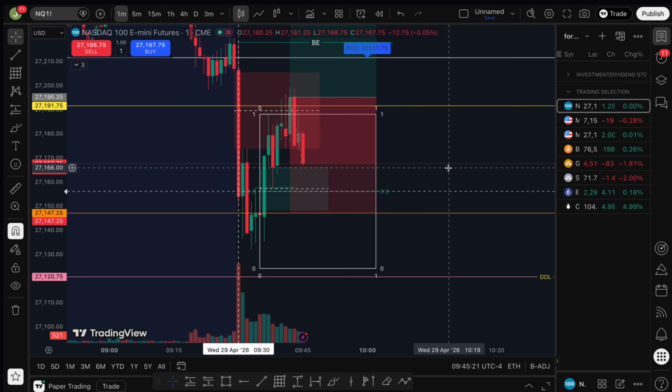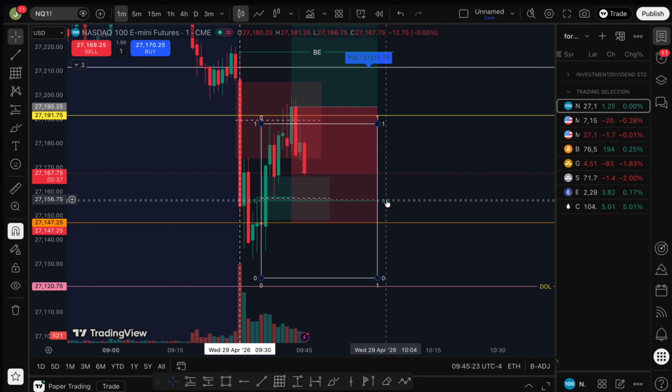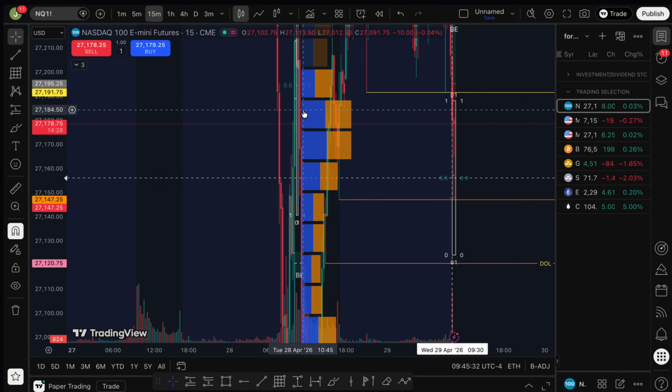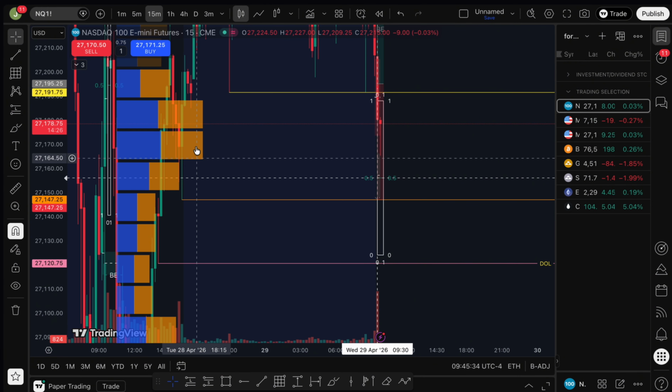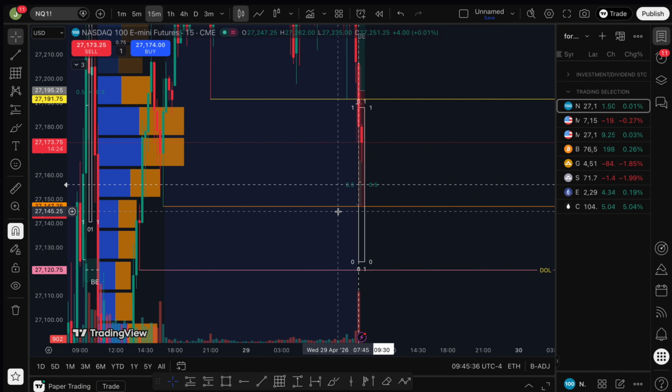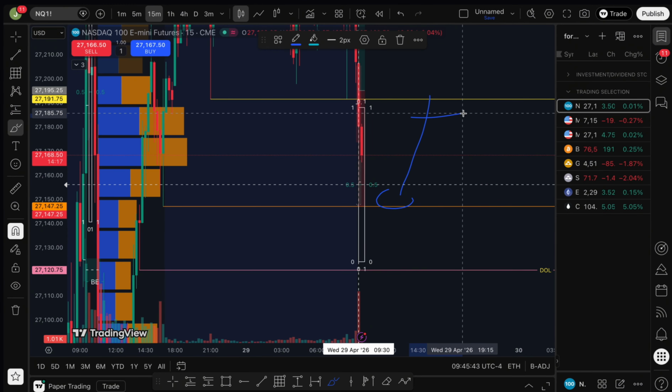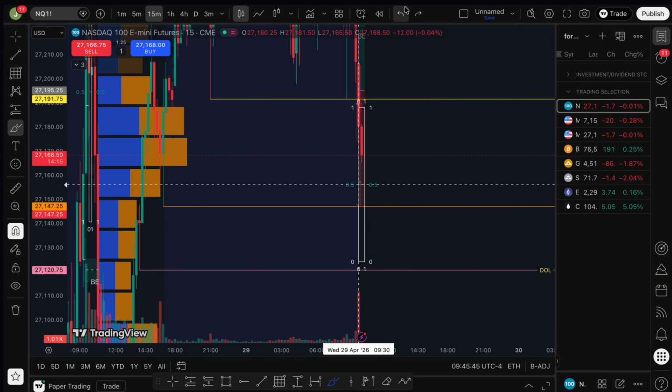Let's see if listening to my strategy was a good thing. Let's see if this taps equilibrium. Wow. But yeah, we didn't hit this low, but we did hit this. So if we go into the 15 minute real quick, you see we did hit this. So we call liquidity. That's step one of the strategy. Then we look for a breaker structure inverse, and you already know the rest.